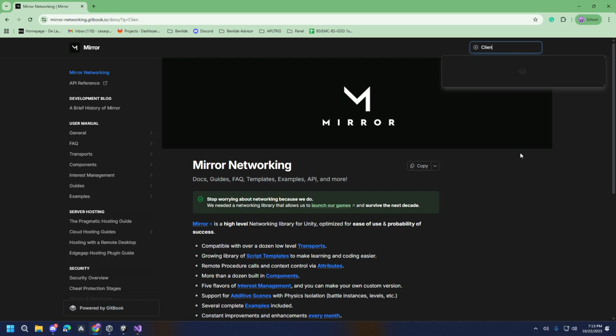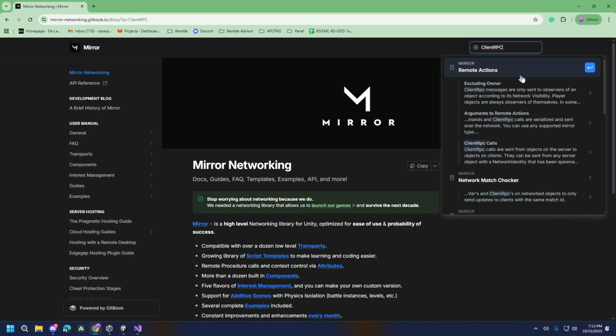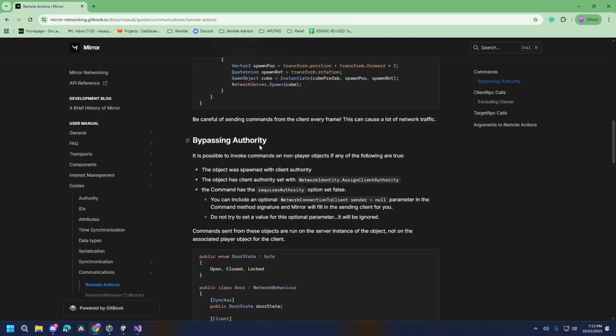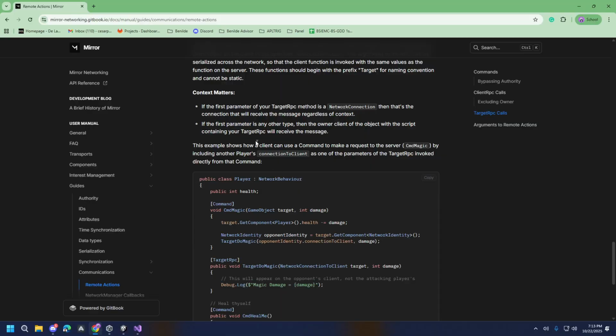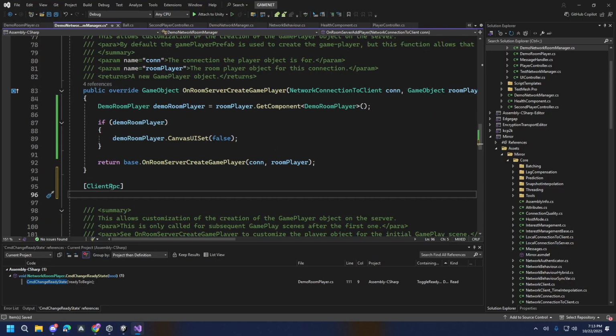Oops, client RPC. There. We can target RPC. Literally all you need is network connection to client. So let's do that. Target RPC void remove